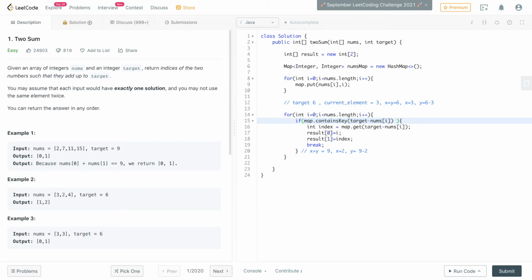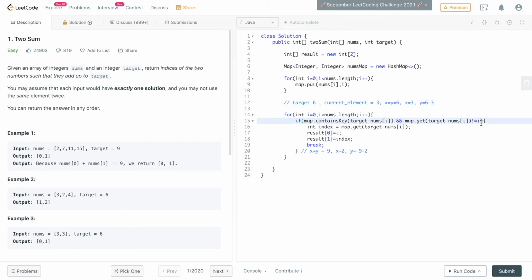How can we do that? So basically we can check if the index of the difference is not the current index. So we want to avoid that the map counts the current element as the difference, to avoid the duplicate.